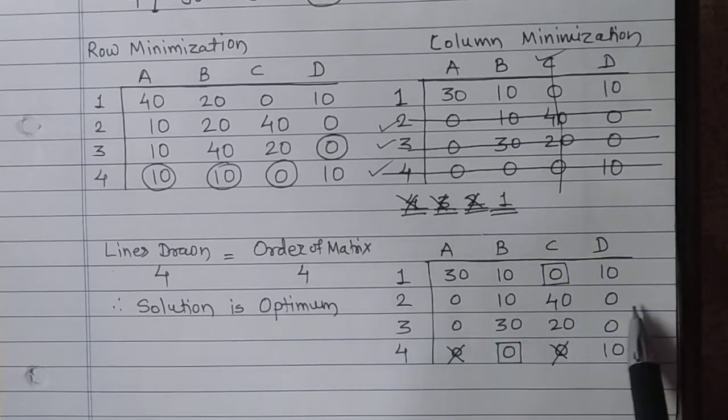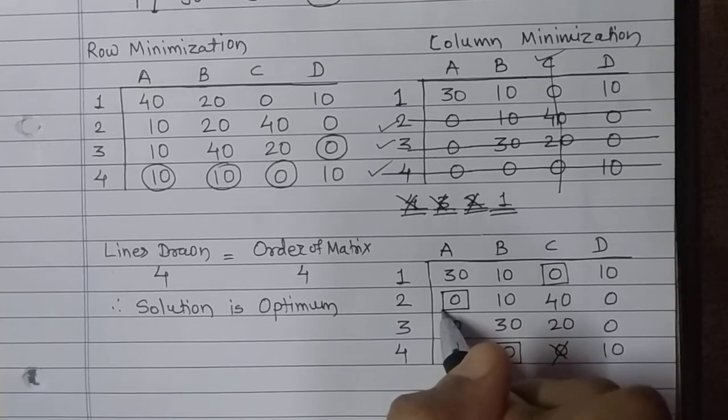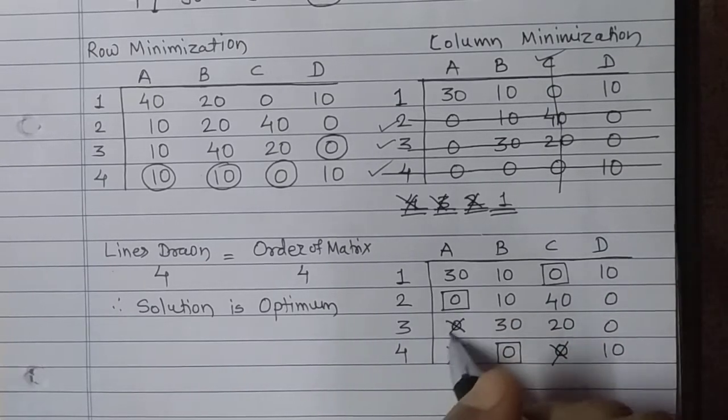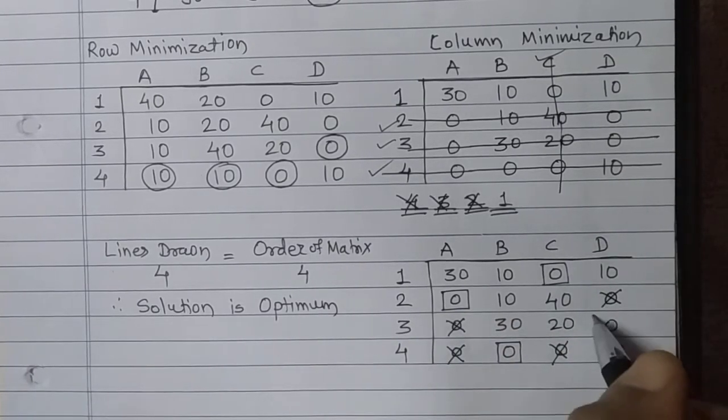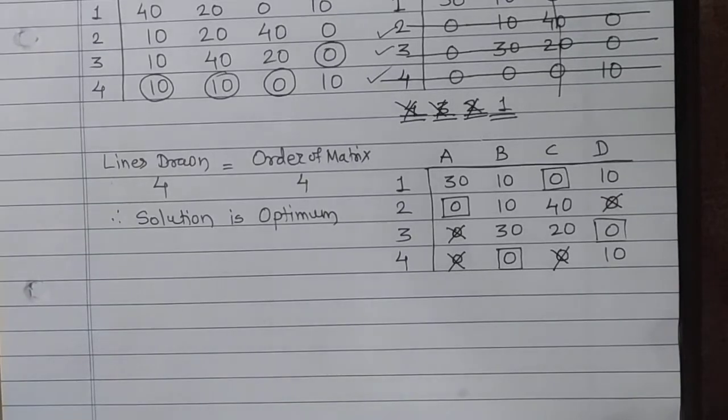Now in the second row and the third row and in the first column and in the last column there are 2 zeros. So there is no alone 0. So what is this problem? Yes, this problem has multiple solutions. So there will be 2 solutions. For the time being, capture any 0. As you capture this, you can delete this, you can delete this, and you can capture this. So all zeros are captured. Write down the final solution.